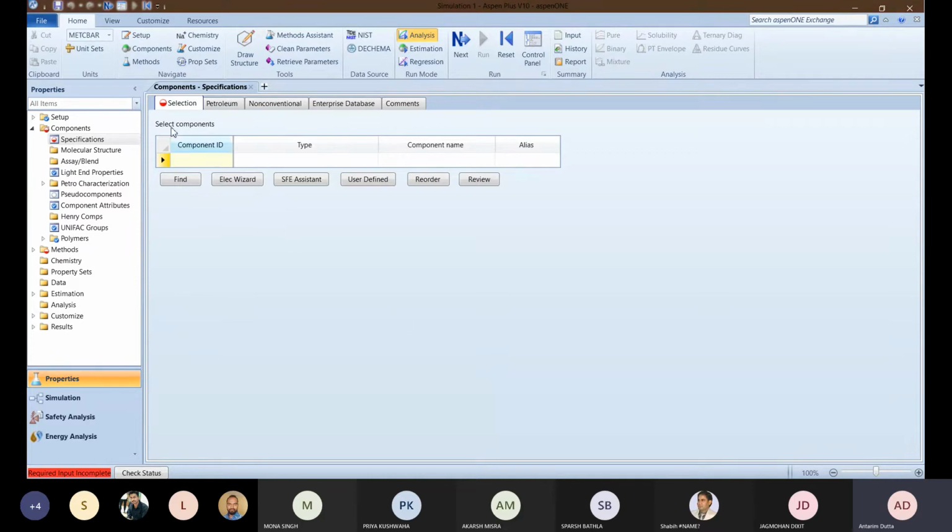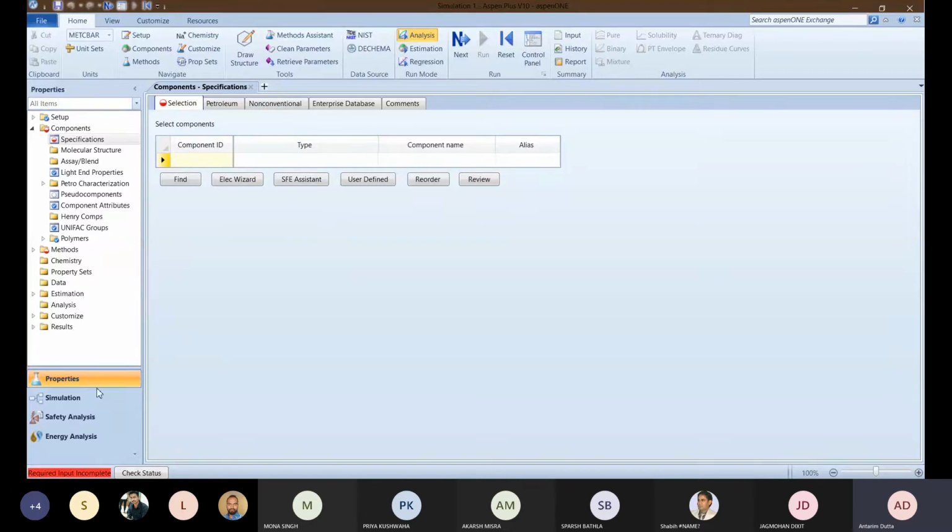Okay, so you all can see this is the ribbon-like structure which was appearing over there. So this is our main tab from where we can do all the things, where you can be checking all the things. And this is the navigation pane where you have to follow the hierarchical order. You have to complete each and every single thing order-wise to get your final results. From there, you can input your components, and this is your environment.